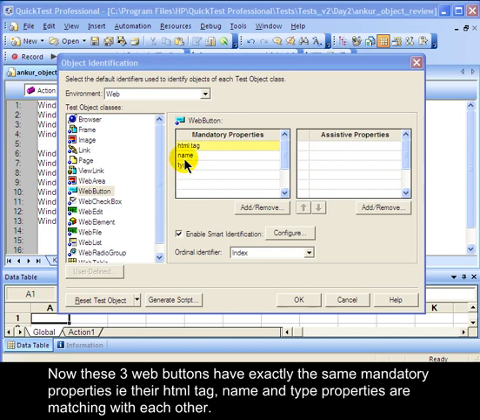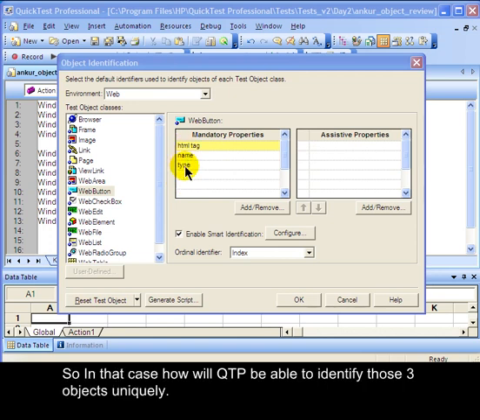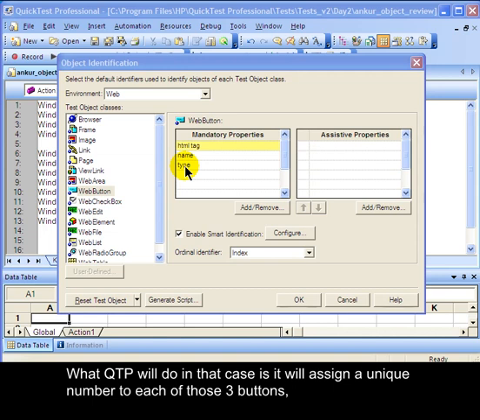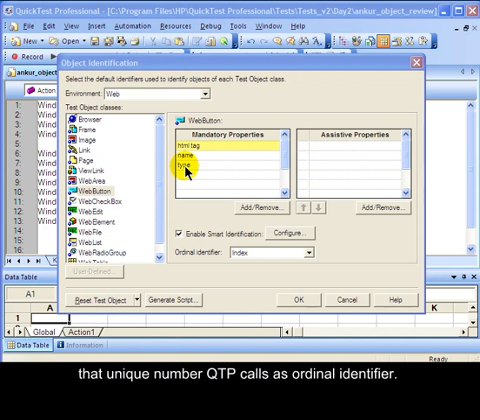That is, their HTML tag, name and type properties are matching with each other. So in that case, how will QTP be able to identify those 3 objects uniquely? What QTP will do in that case is, it will assign a unique number to each of those 3 buttons. That unique number, QTP calls it ordinal identifier.